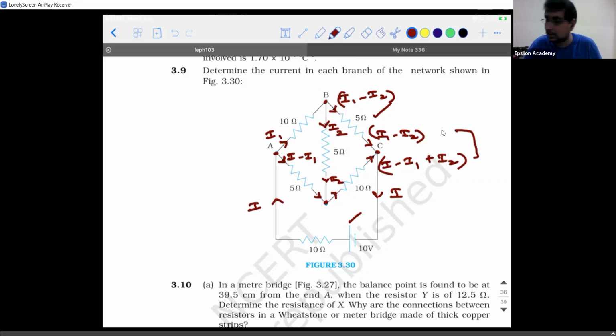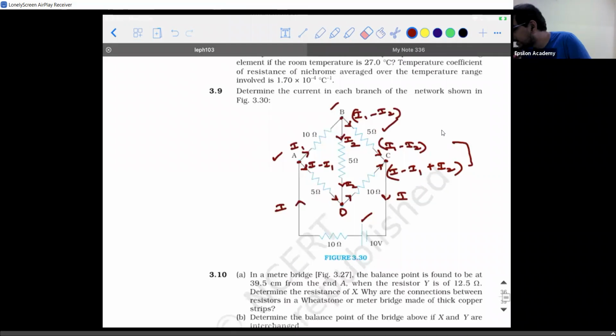I repeat, why I am saying it is because in this problem, ABDA is a loop where there is no battery. BCDA is a loop where there is no battery. ABCDA is a loop where there is no battery. So you can think, why don't I take these three loops and solve the problem? You will not get the answer, because when you write it like that, two equations are going to be the same. You will get infinite solutions. You will not be able to solve it. So in order to get the solution, you need to take at least one loop where there is a battery involved. Okay, shall we start writing the equations?